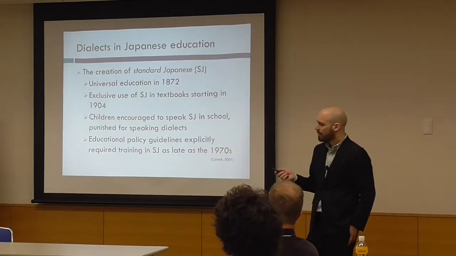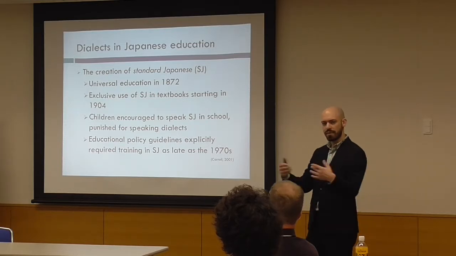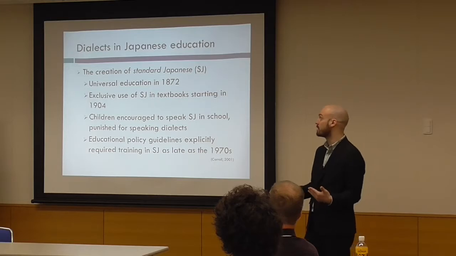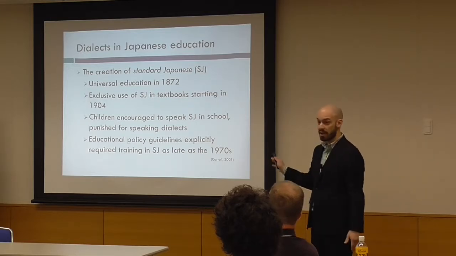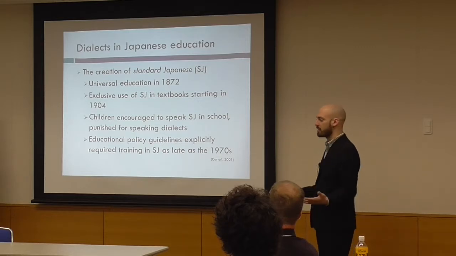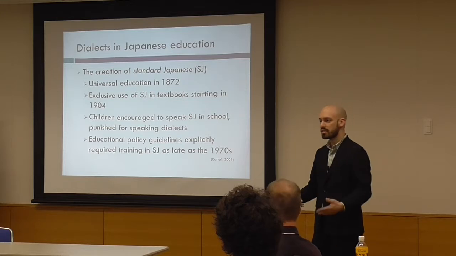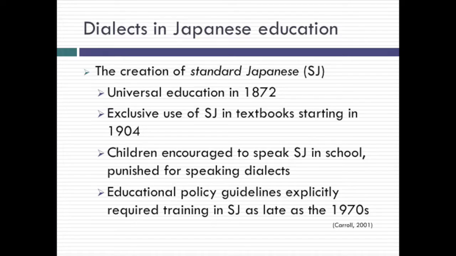And around the turn of the last century, the government wanted to unify the country a bit more, and in order to do this, one of the things that they did was to standardize the language. They created this thing, which I'm oversimplifying here, called Standard Japanese, and basically said, okay, the education system now has to use this, and everyone has to learn how to speak Standard Japanese. So starting in 1904, all educational materials by law had to be produced in Standard Japanese, and in classrooms in